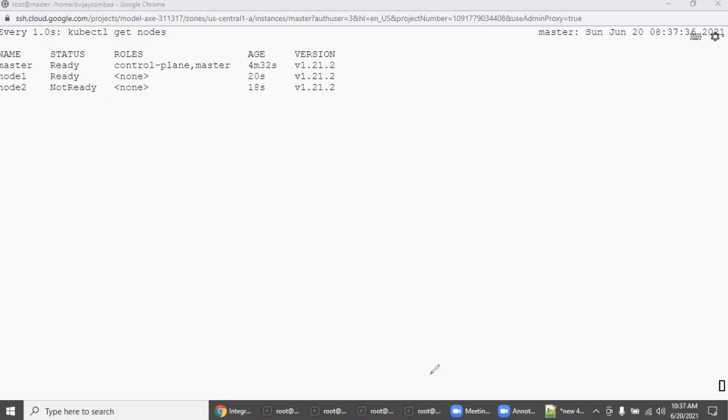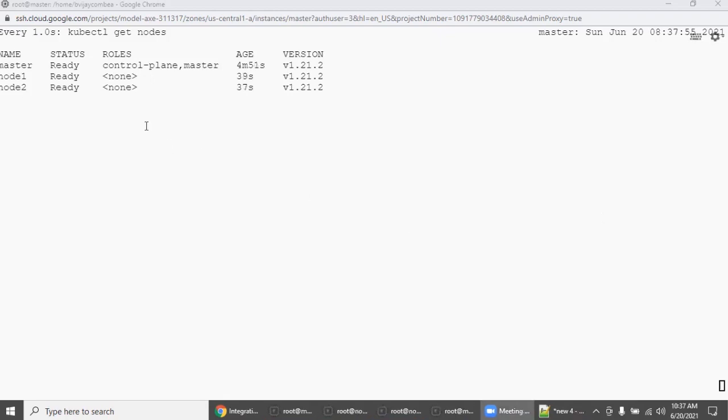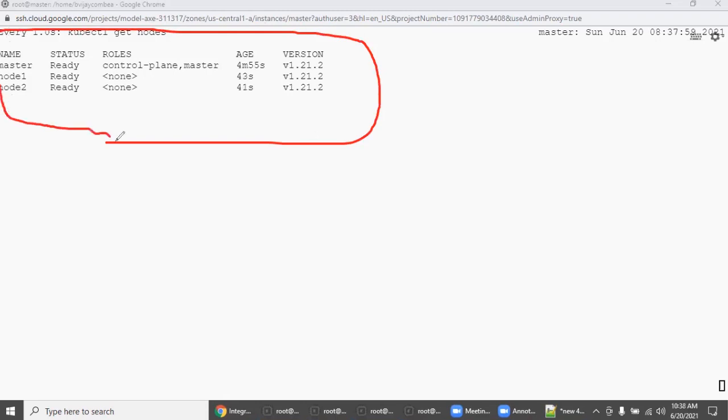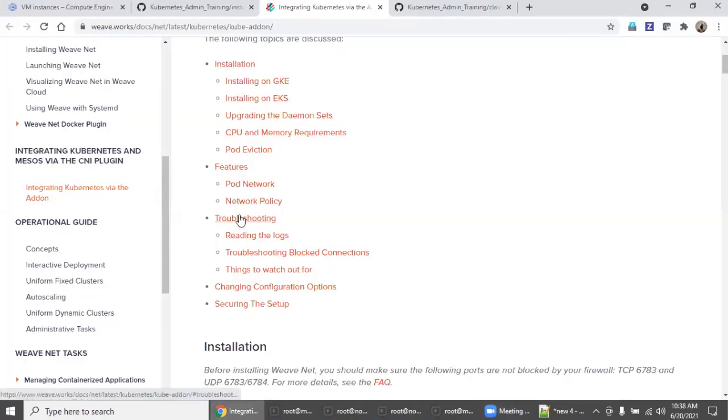Automatically, you can see now the status has changed to ready, which means your Kubernetes setup is up and running without any issues. So before you proceed to further classes, this is the basic prerequisite. You need to have 3 machines: master, node 1 and node 2, and the status should be ready in all 3 machines in the cluster, right?